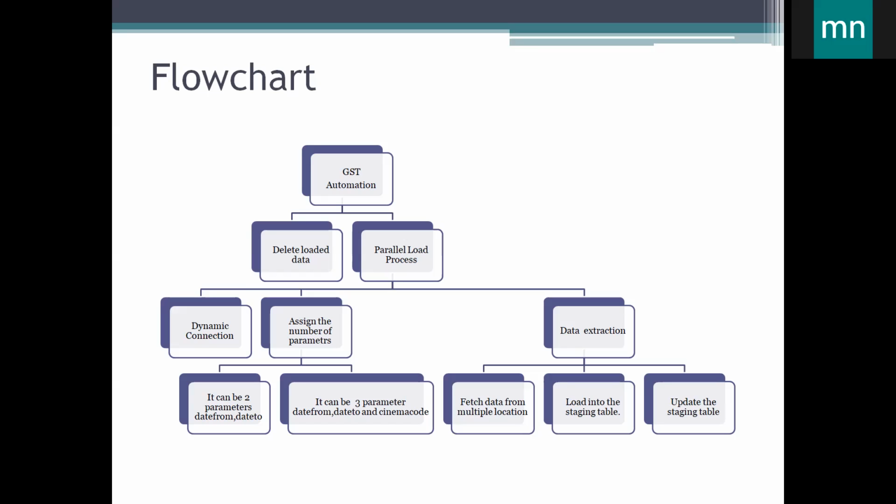In parallel loading, there is a dynamic connection and we assign the number of parameters. The connection is dynamic, and the parameters are different, like 2 parameters and 3 parameters. If we provide 2 parameters, the 2-parameter procedure will be executed. If we provide 3 parameters, the 3-parameter